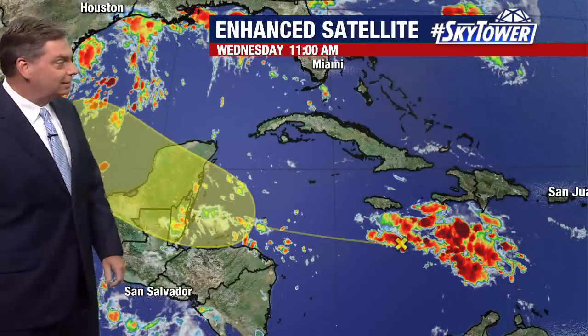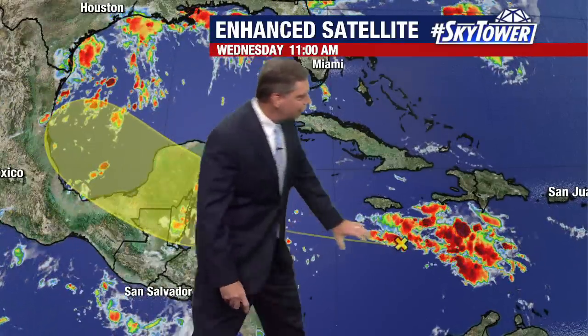tropical wave. You are seeing these flare-ups of convection, and then they tend to go away. But as you look at this, you can tell there's no sign of really any organization. You need to start to see this kind of rotating and starting to try and form that center of circulation. And this is clearly just a tropical wave that will continue to work its way towards the west over the